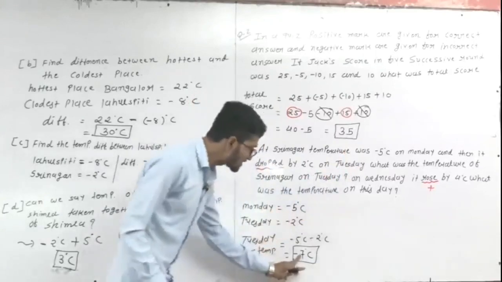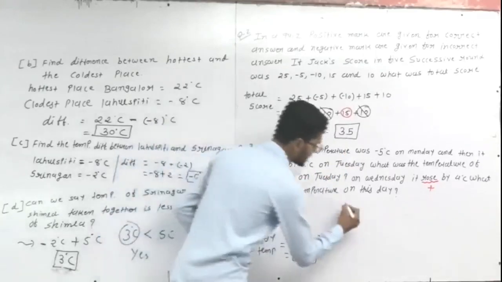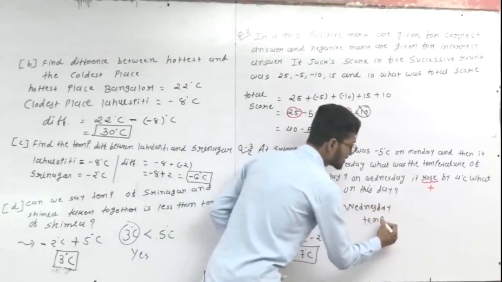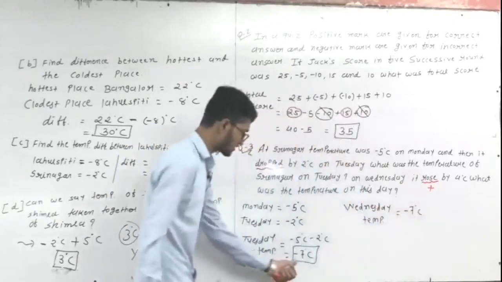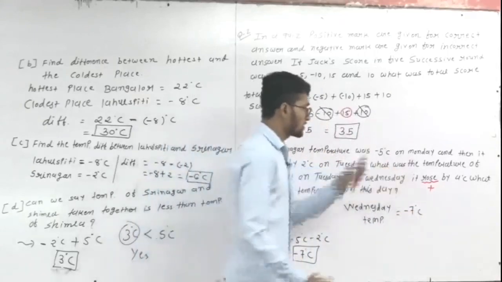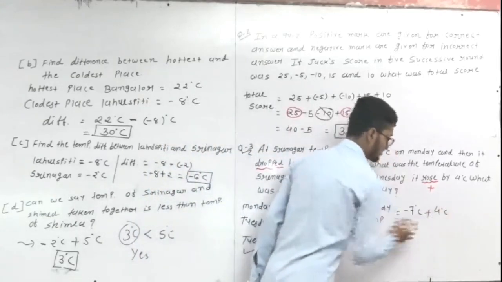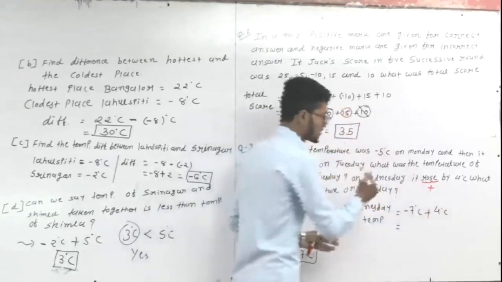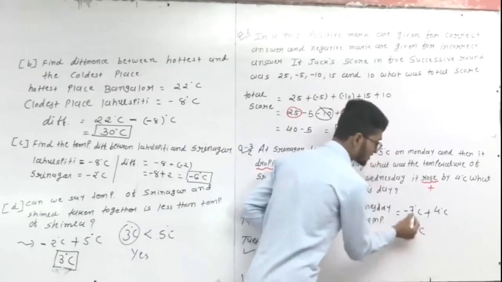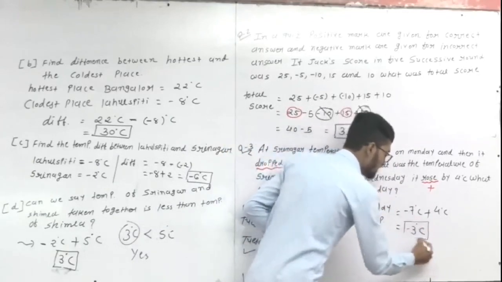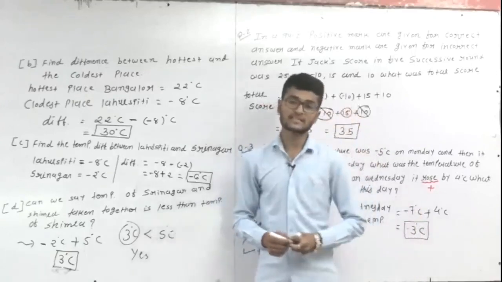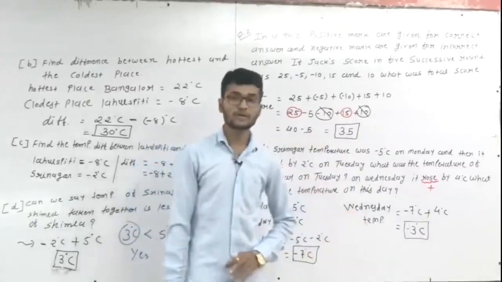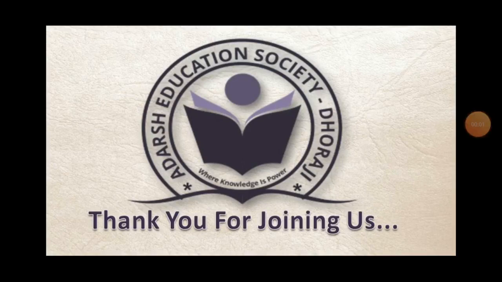So the Tuesday temperature is minus 7 degrees Celsius. So what is the temperature on Wednesday? Wednesday temperature is equal to the Tuesday temperature, minus 7 degrees Celsius. Okay, this one is the Tuesday temperature. And rose means high, it means plus 4 degrees Celsius. So this one is negative, this one is positive. Negative and positive, so subtract: 7 minus 4 means 3 degrees Celsius. But the bigger number's sign is minus, so minus 3. So the Wednesday temperature is minus 3 degrees Celsius. Okay students, now clear what the temperature of Tuesday is and what the temperature of Wednesday is.